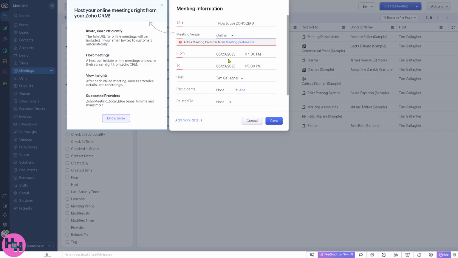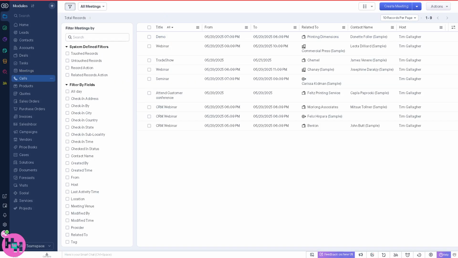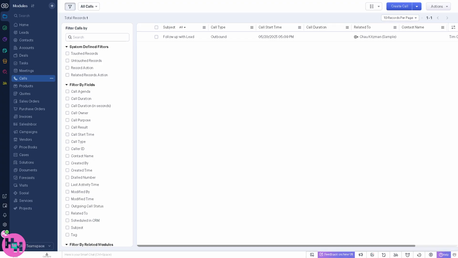It's going to be online. All right, of course you can put in the participants, add more details. You can have supported providers like Zoho Meeting, Zoom, Blue Jeans, and a lot more, and click on save. Right now we're going to skip this, and the calls refers to the section of the